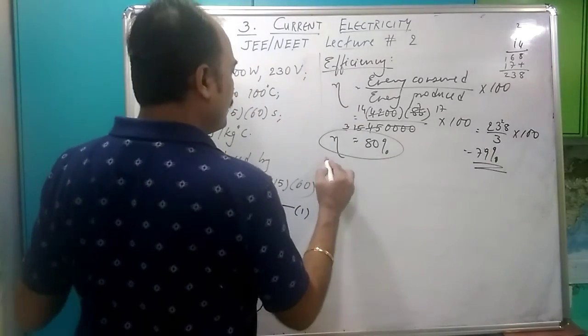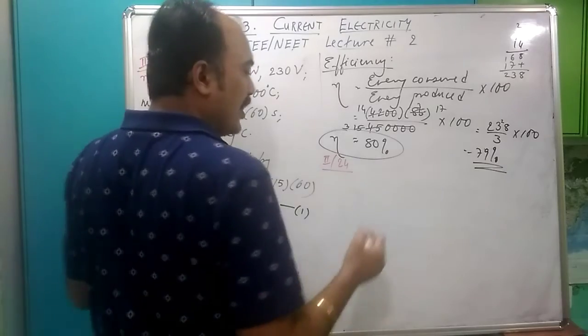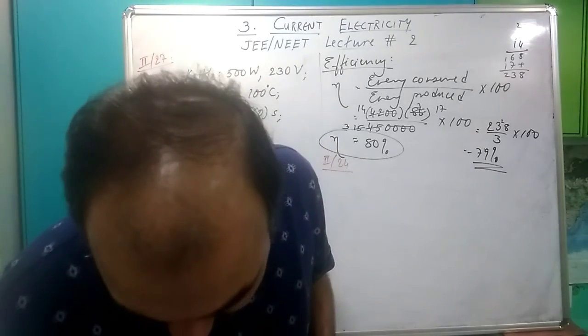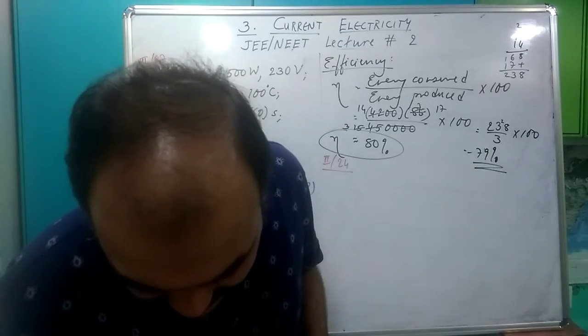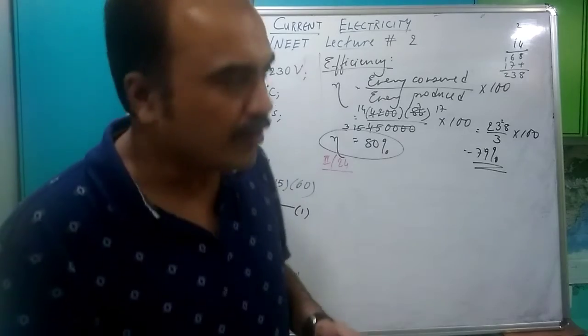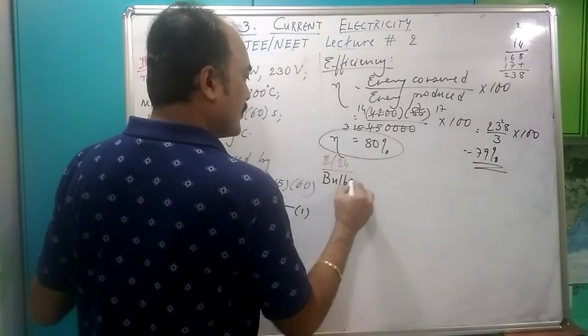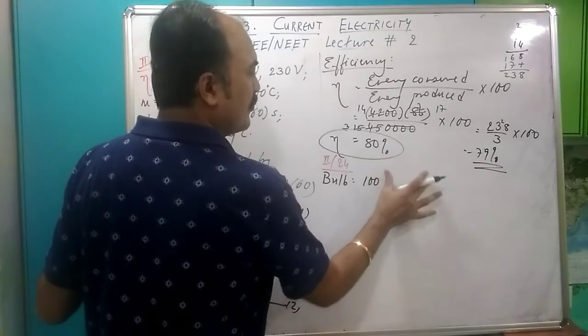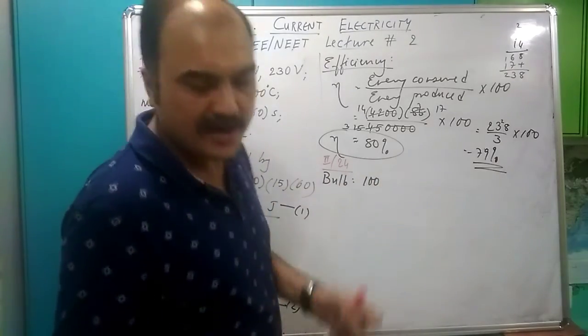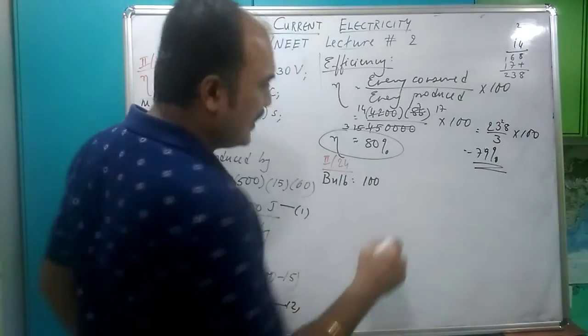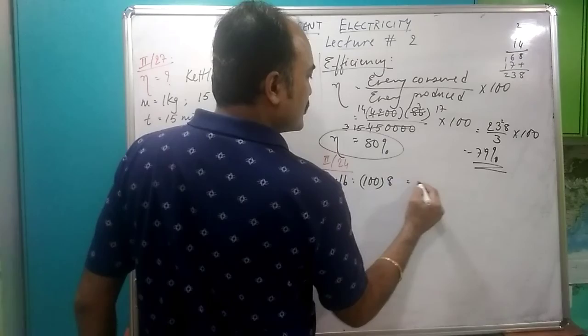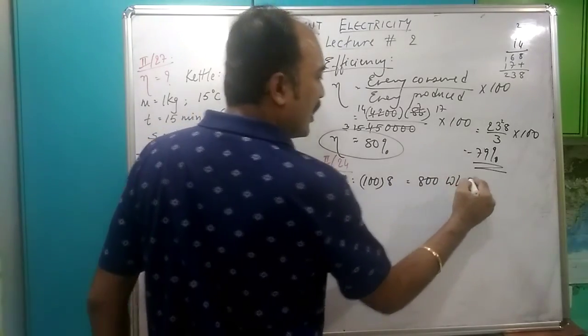24 का मैं आपको हिंट दे देता हूं. Housewife is using a bulb for 8 hours a day and electric heater for 4 hours a day. You have to find the total cost. तो बल्ब का देखो, 100 watt है, तो बल्ब में पावर into time, that would be energy. So 100 watt into 8 hours. So that is 800 watt hour.